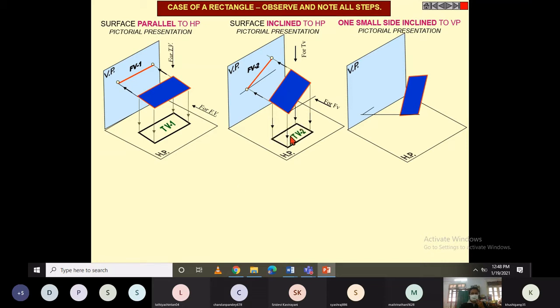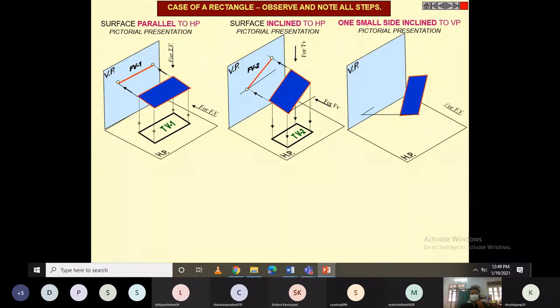But the observation is, what actually is the main difference between these two? We are not able to see the true shape. Whatever shape of the top view is actually the apparent shape, right? In the earlier case, this is the true shape we are in a position to visualize from the top view. Whatever actual length and depth, that actual length and depth we are in a position to visualize. But here it is the apparent length and apparent shape of this rectangle that is visualized. So this is how one can construct the front view and top view conceptually. This is how the front view and top view look for this case.